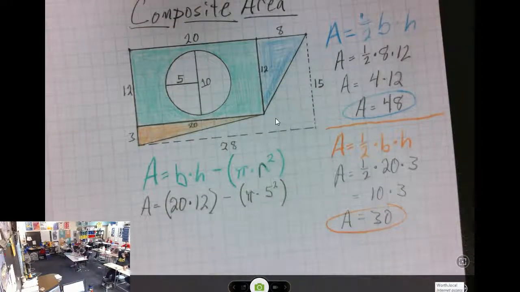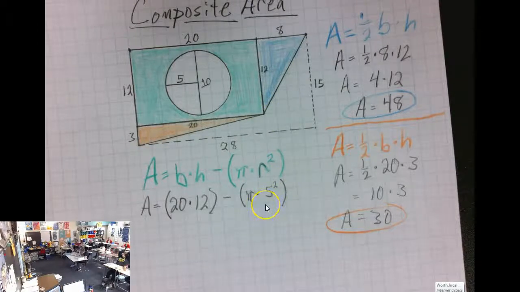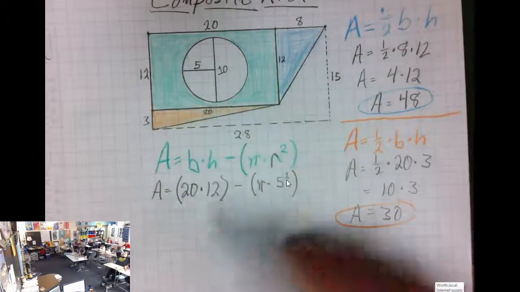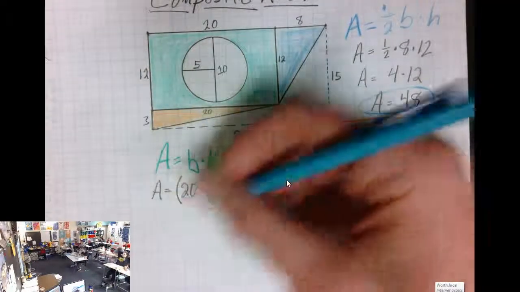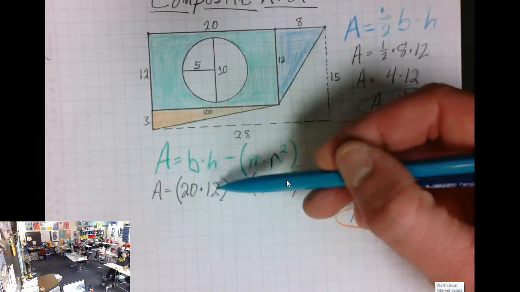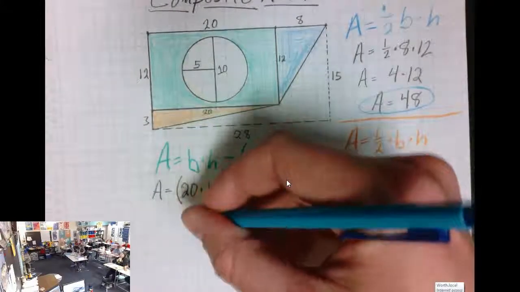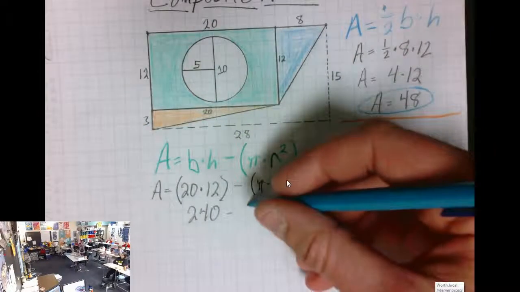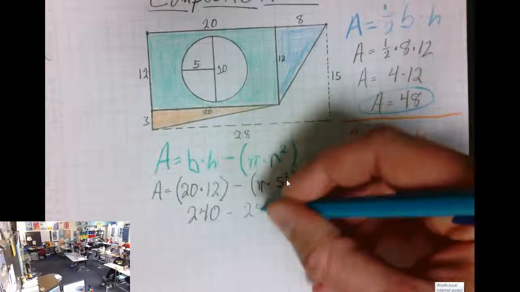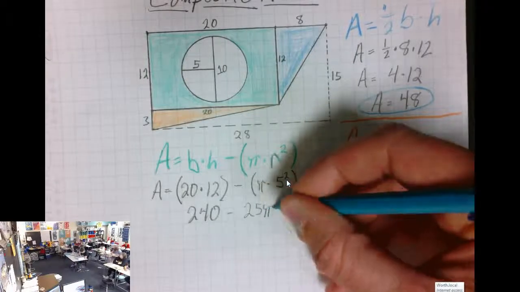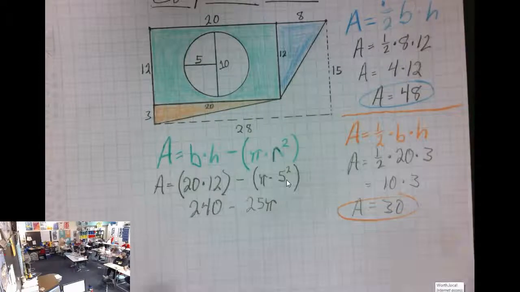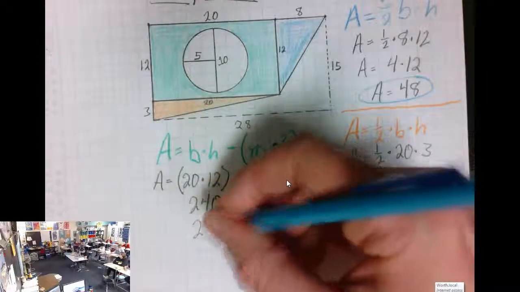But please double check in your brain that you realize squaring means multiply by itself. So I'm going to go ahead and do this multiplication. 20 times 12, do 2 times 12, and then put the 0 on. And this is the proper way to write this if we put it in terms of pi, is 25 pi. But then if we do the multiplication,